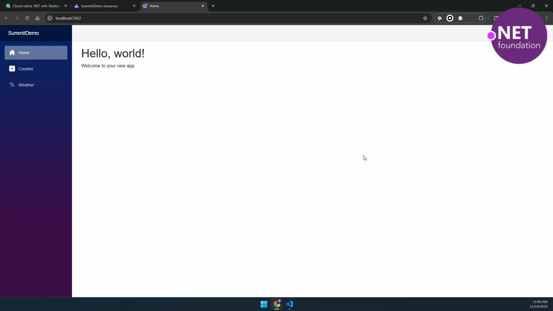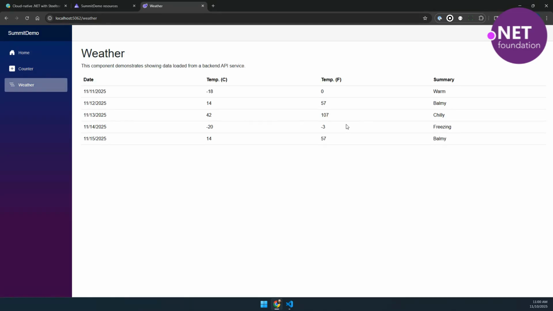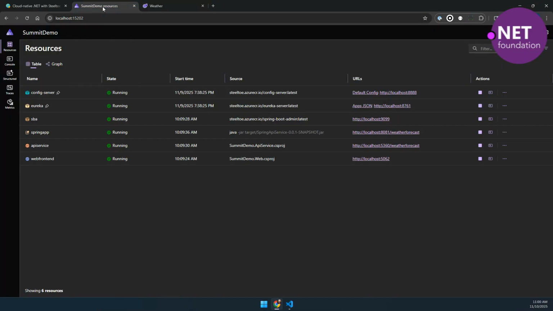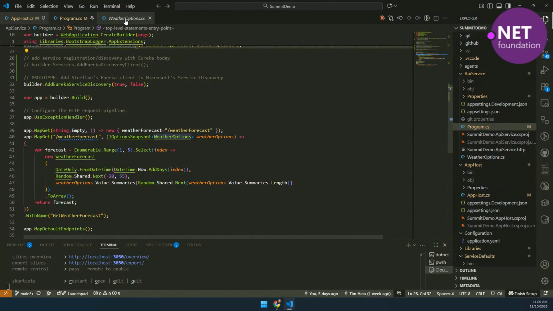The UI for this web app is, of course, your standard Blazor interface, and here we're getting a weather forecast. Nothing particularly unique if you've seen any Aspire demo in the last couple of years, but here it is. Let's see where the power of this config server comes in. If I go back to the file that's serving my configuration,